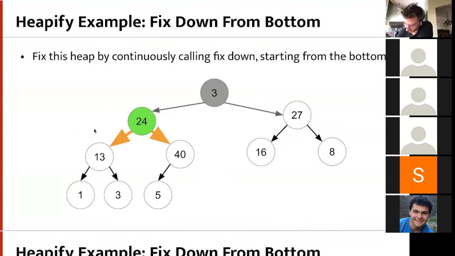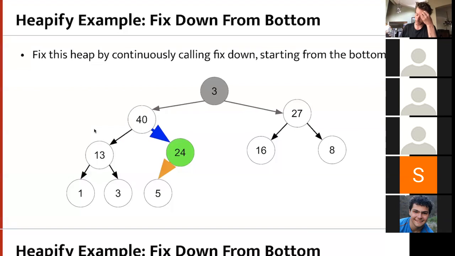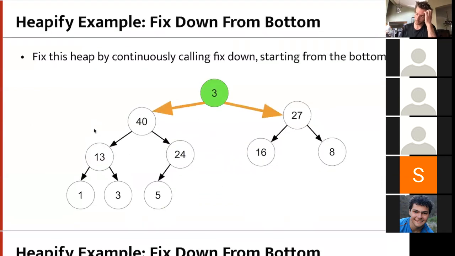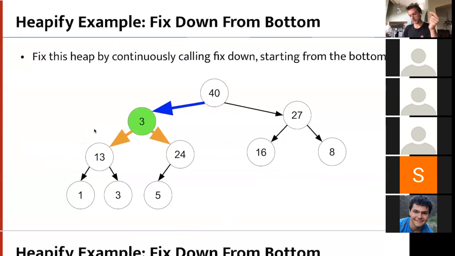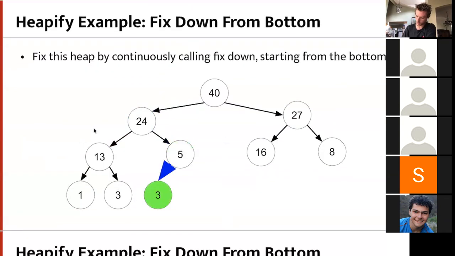Okay, so 24, we're going to switch with 40, and then we're not going to switch that with 5. And then finally, 3 will be switched with 40 as well. 3 will then be compared against 13 and 24. 24 is bigger, so it'll go. And then it'll also switch with 5. Right, so that was like the full log n